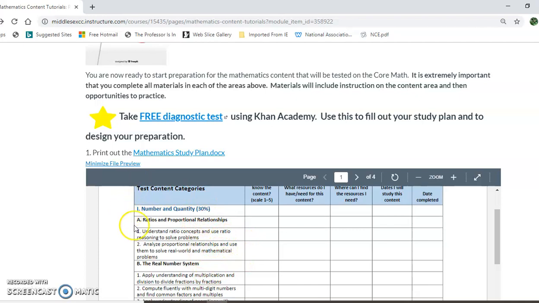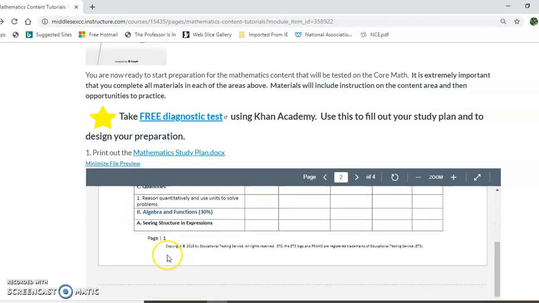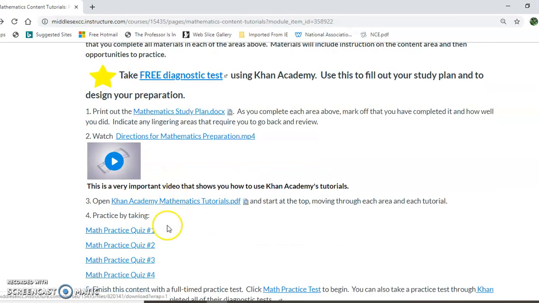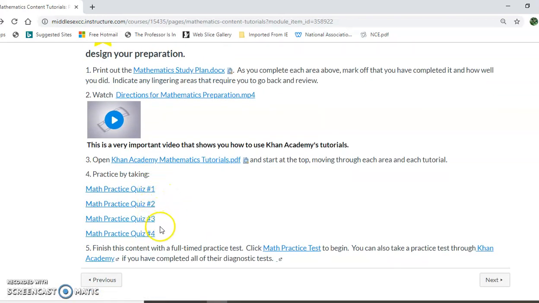areas of the heading of number and quantity, and then the other ones as we talked about. Now, when you take those practice quizzes, as I said, it's not going to be broken down into the 4 areas. Just know the 4 areas will be covered. So again, keep evaluating yourself, keep reflecting on how you're doing. And then, like I said, when you're ready to go, then you will click on the math practice test and you'll have 1 attempt and 1 practice test in the math area.